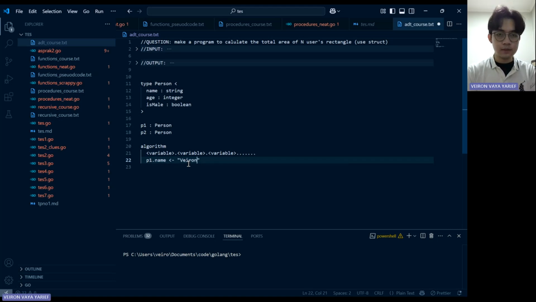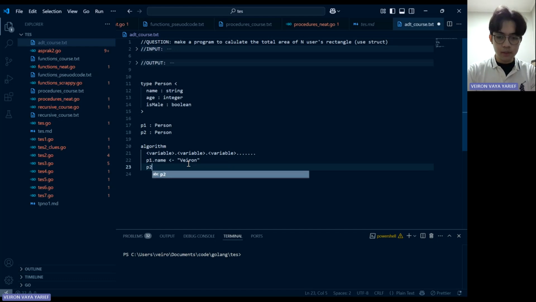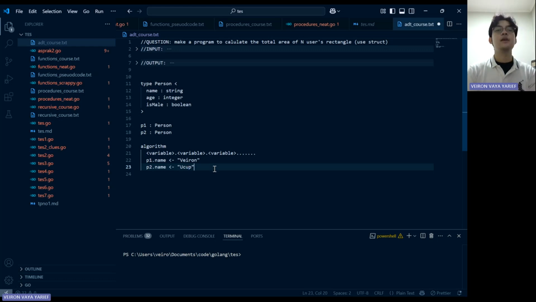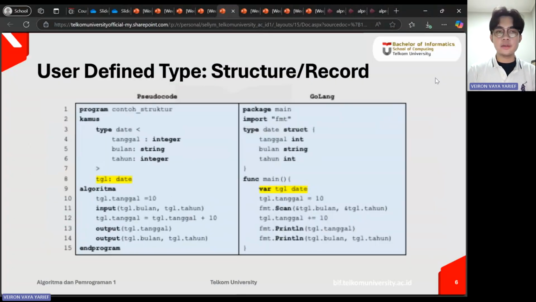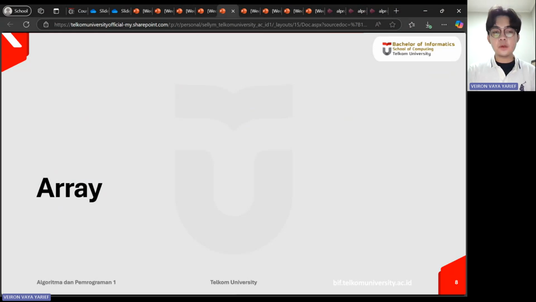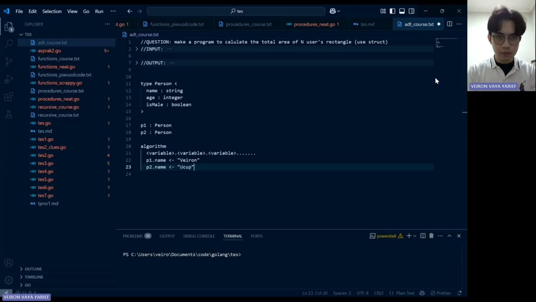Let's say it's Veron, and P2.name is YouTube, like this. So this is how you access the variable inside a struct. You need to declare it as a new variable that has the struct data type. So that's about aliasing and structure or record. And before we jump to array,